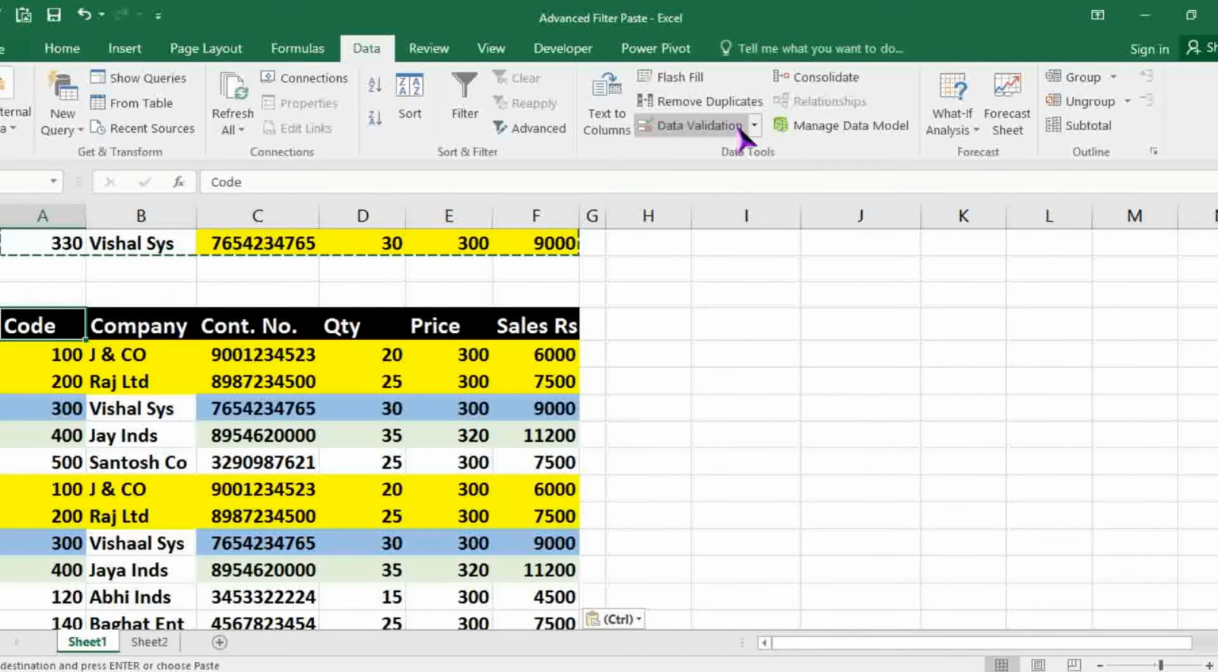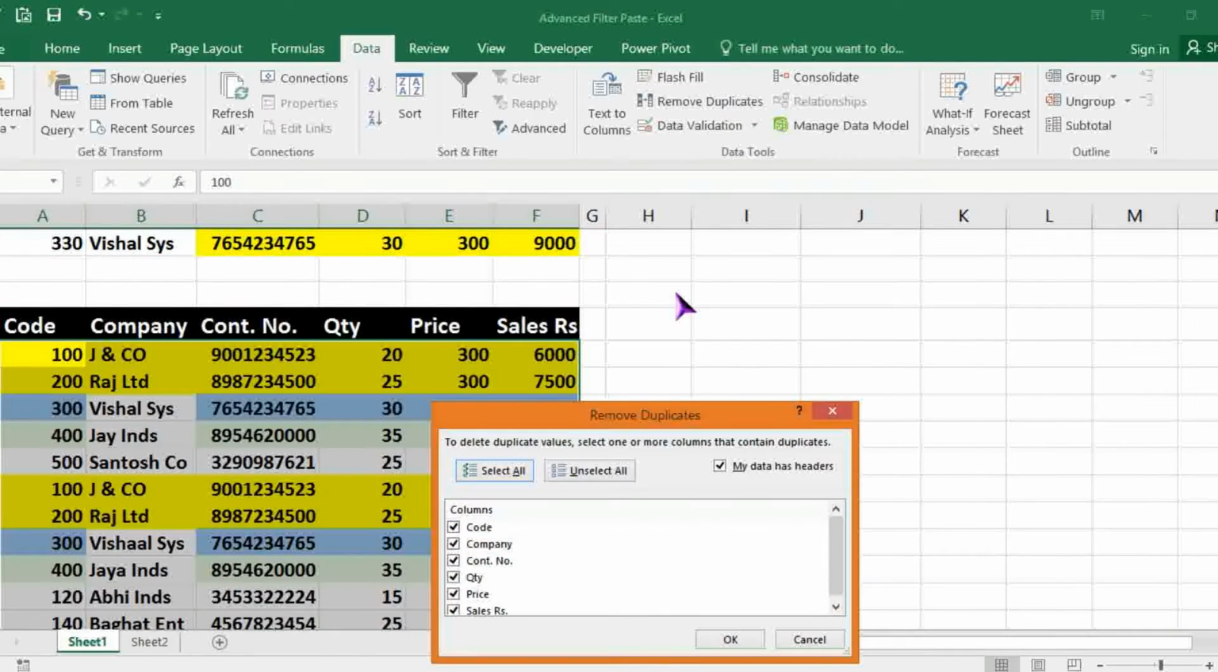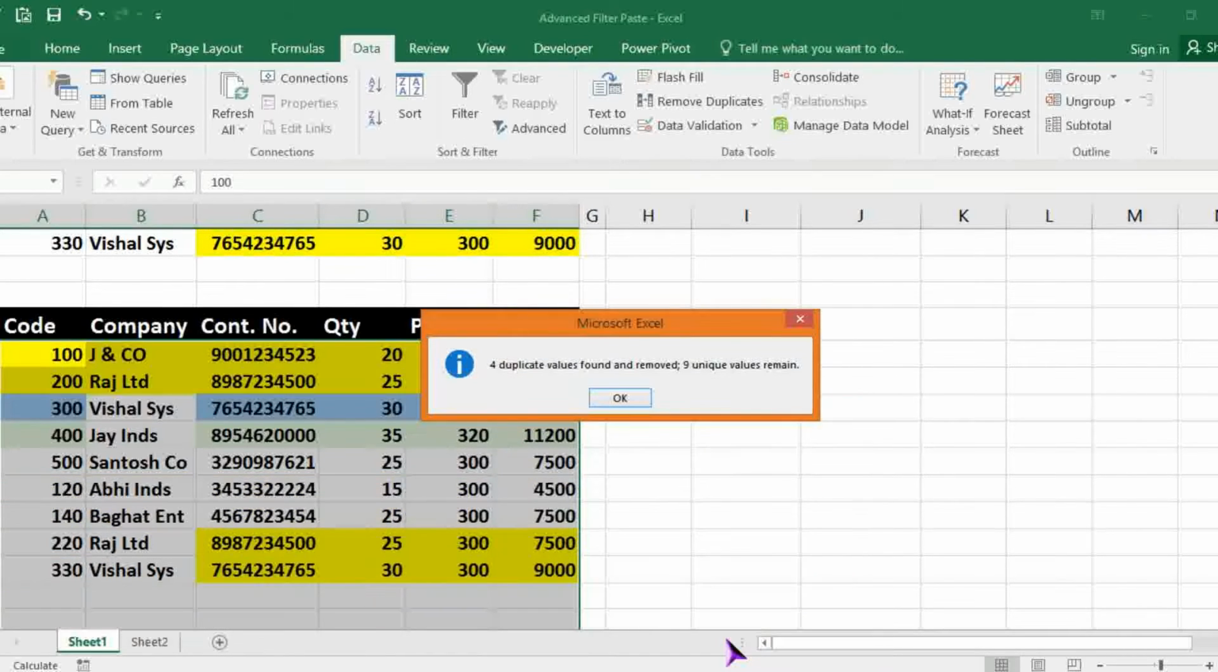If I click on Remove Duplicates, you will get multiple options. If I select everything, then it will be unique only. So I just uncheck quantity, price, sales, company. Then automatically it will give the perfect result. Four duplicates are removed